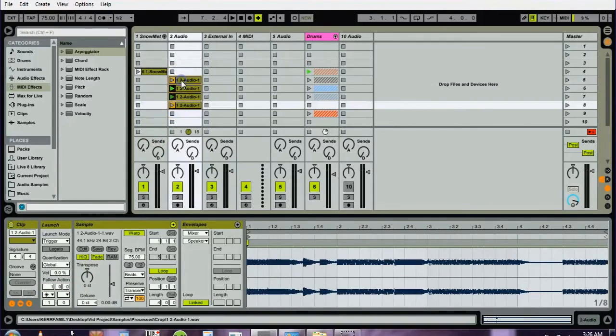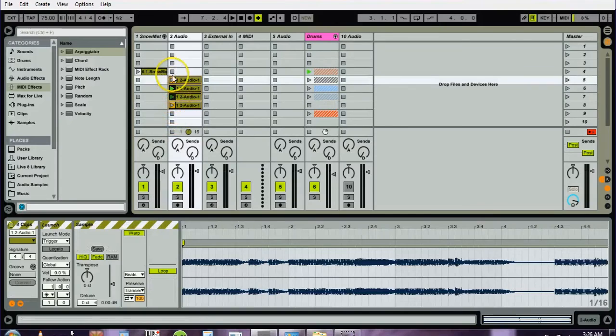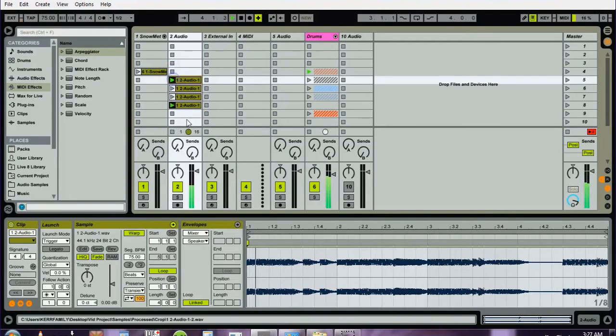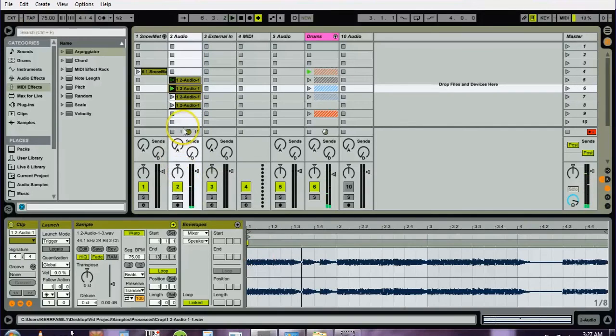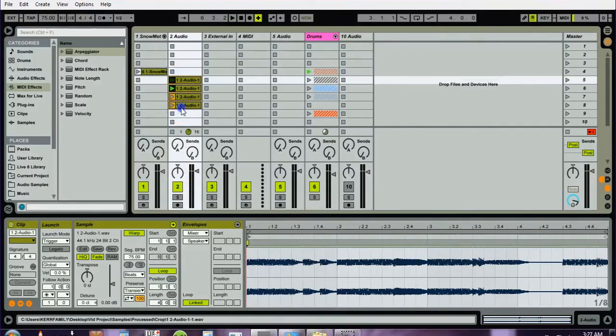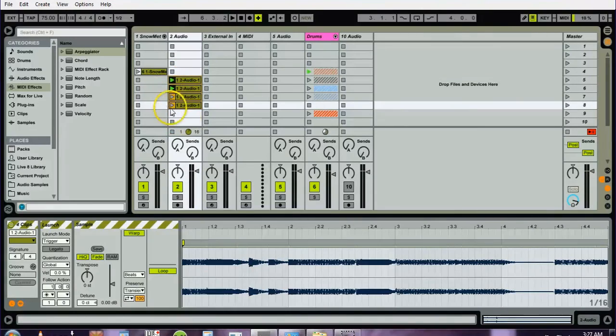And I'm going to reselect all of these again. Now notice that each time one of these triggers, it starts the clip from the beginning, right? If I have this one, it starts from the beginning. You can see down here. Next one starts from the beginning. Next one from the beginning, and so on and so forth, right? So the whole bass line at this rate is never going to play because the bass line is 4 bars